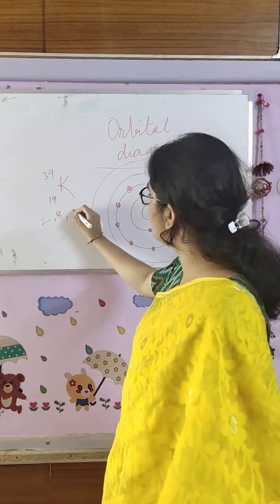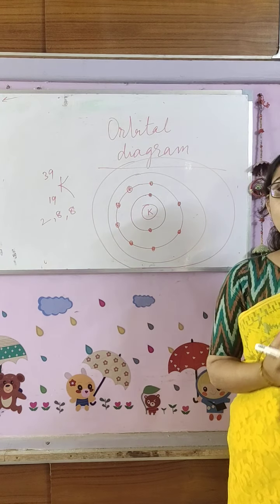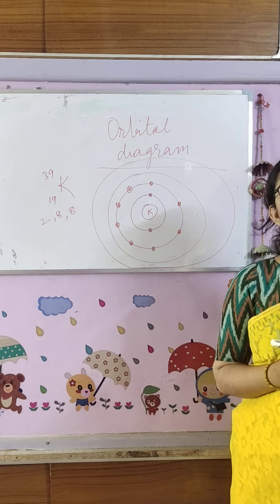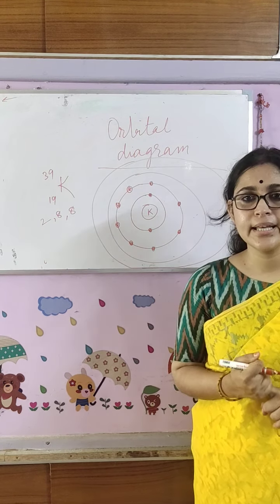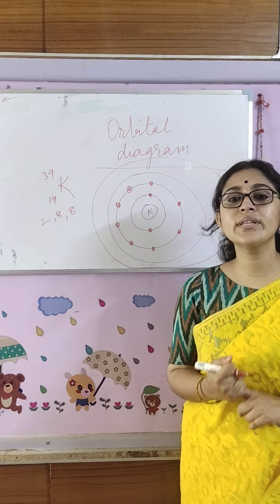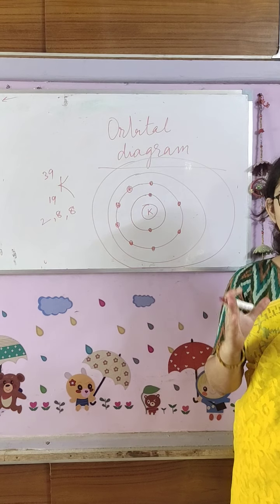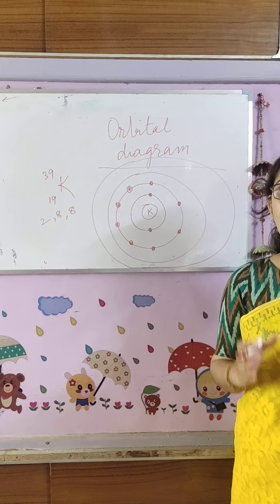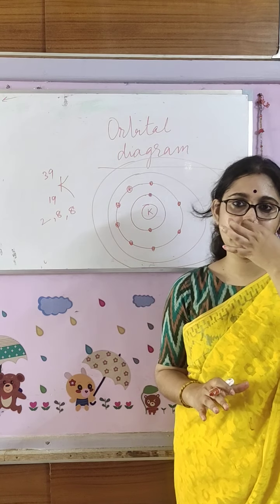Next, how many electrons will be there? 8. Now here I want to tell you one thing. I told you that by the 2n square formula, in the third shell we can accommodate 18 electrons. But why we are putting 8 here cannot be explained in this class, at least not up to class 10. We will know that in detail in class 11 because it is a huge theory. Up to class 10, remember that after the first shell's capacity of 2, we will consider the maximum capacity as 8.